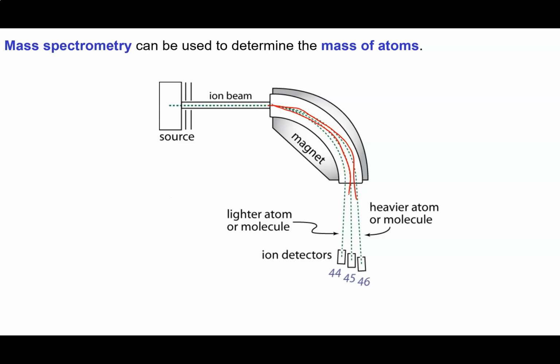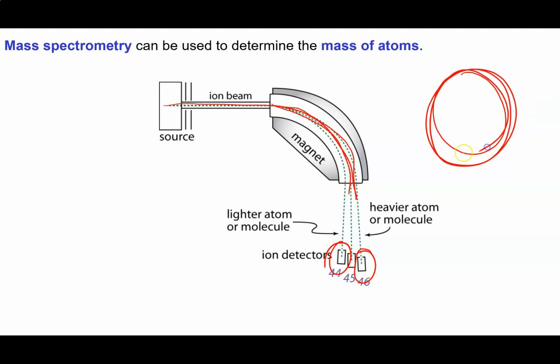And then just like vehicles, if you've got a big truck, it doesn't make the curve as easily as if you've got a little light zippy motorbike. So what happens is when we send these particles along a curved path, which we're doing to save space, or maybe we can even get them to go around in circles quite a bit, then they're going to separate according to mass, because it's easier to get the lighter ones to curve than it is to get the heavier ones to curve. So that's another way that they do this. This is called magnetic sector